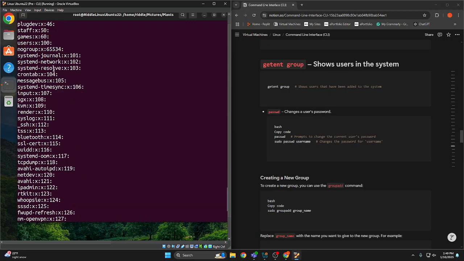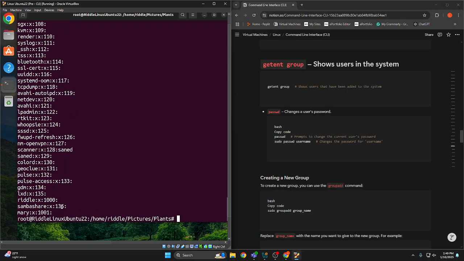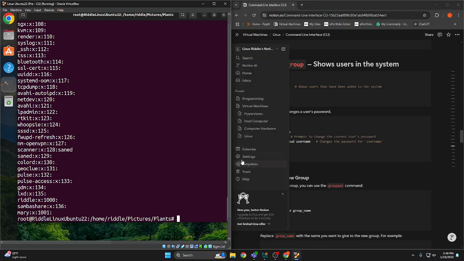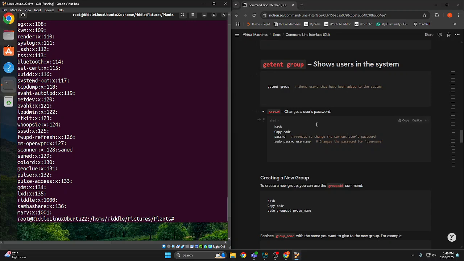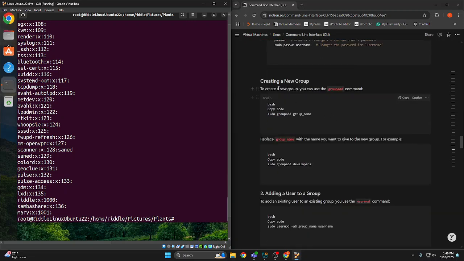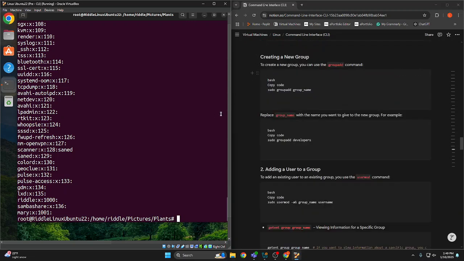And this also has many of the applications and other things in this. But here I am, and here's Mary. So I guess you can change your password with this. And groups are another thing. So if I want to type in